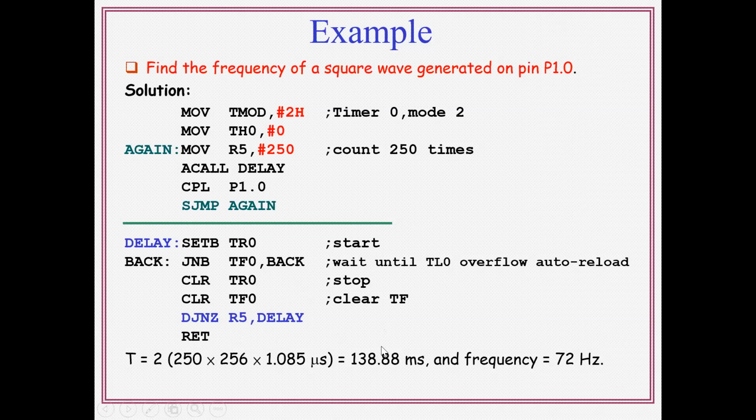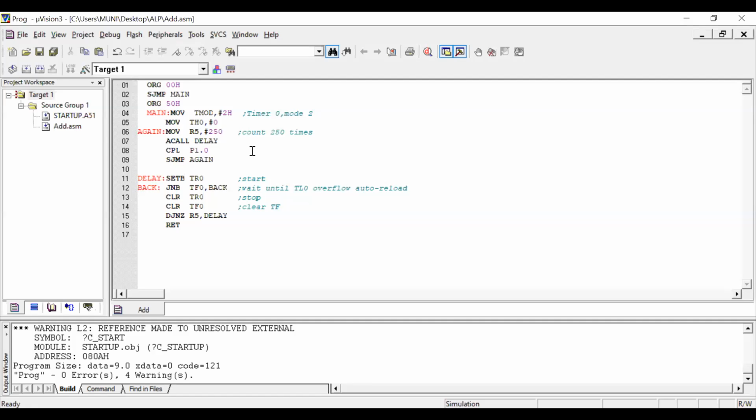Next we will complete a program. We know the steps during initialization of a Keil program. Project creation and everything was done in previous sessions. So one program is added. ORG 00H, so start the program at the 00H memory location. After that, SJMP MAIN is written at the 00H memory location, which automatically transfers to the main label. The main label is written at the 50H memory location.